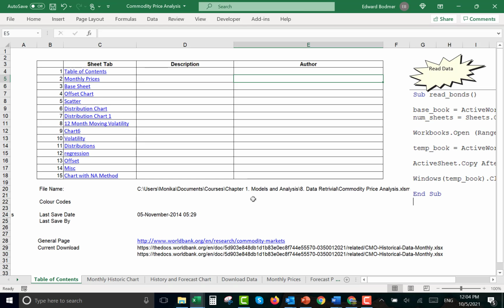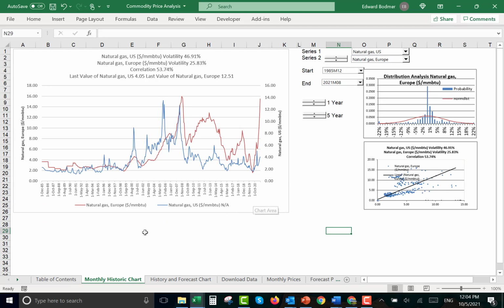I did this originally in a class, and the fascinating thing I want to show you is the spike in the price of gas in Europe